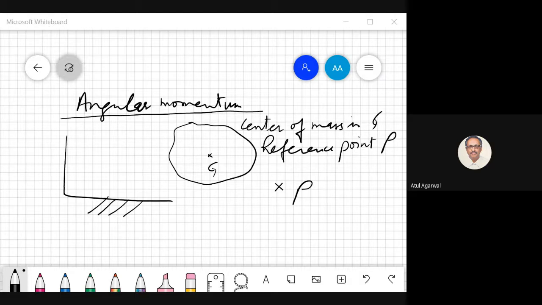Okay, so take any point I here in this body. What is the position vector with respect to your fixed frame? You can call it Ri. I am using capital letters for showing the position vector with respect to the fixed frame. What will be our Rg? This is my capital Rg. So this is the position vector of the centroid.